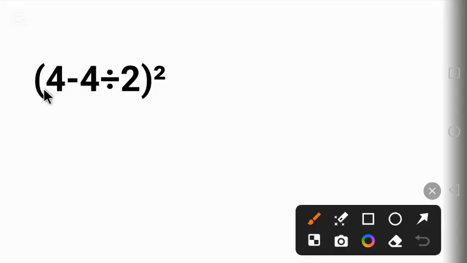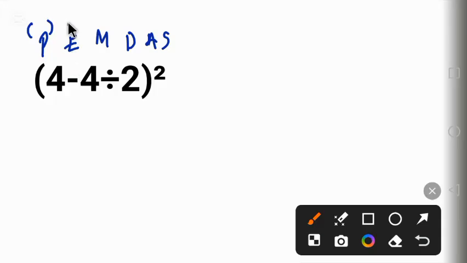We have parentheses here, we have subtraction, we have division. When we have different operations like this, the best way to solve this kind of question easily is by following the order of operation called PEMDAS. P here stands for parentheses, bracket. That is, we're going to solve everything in the bracket first,